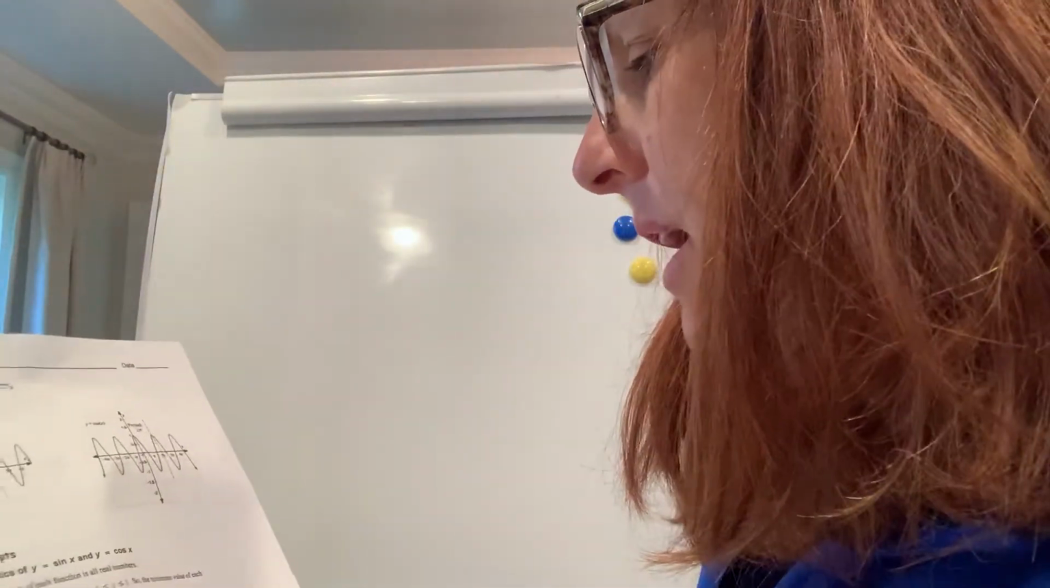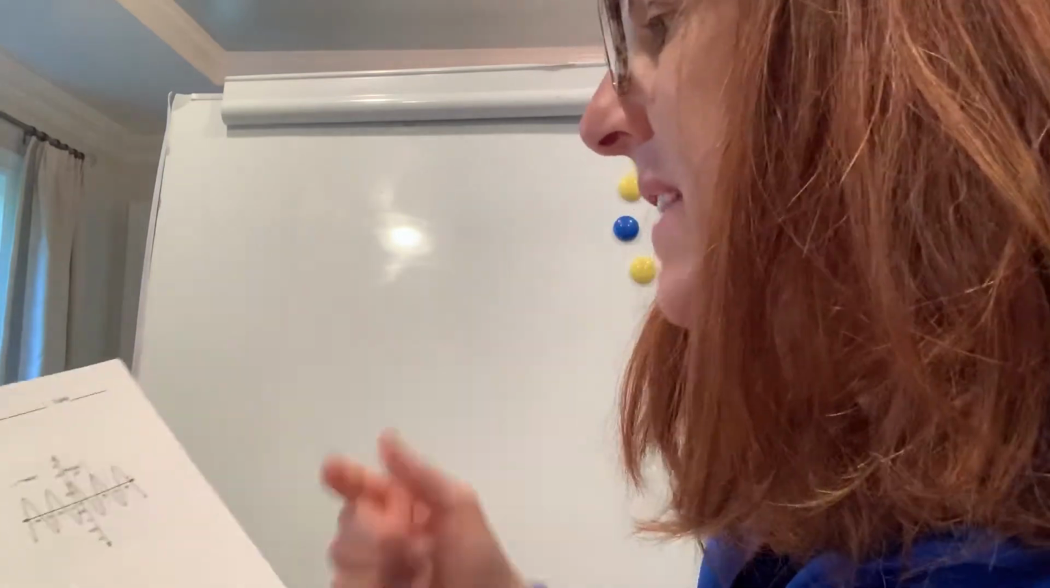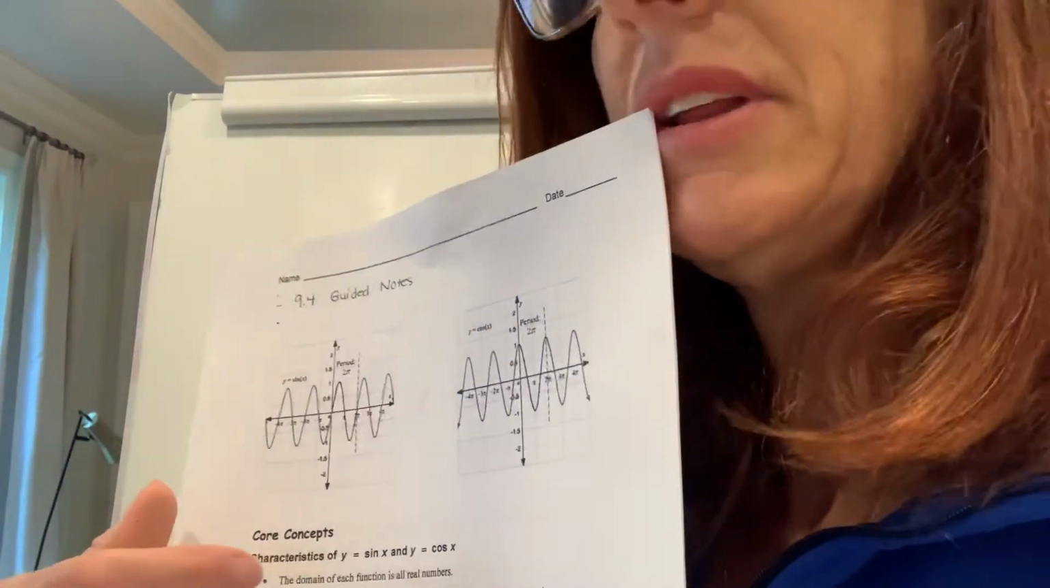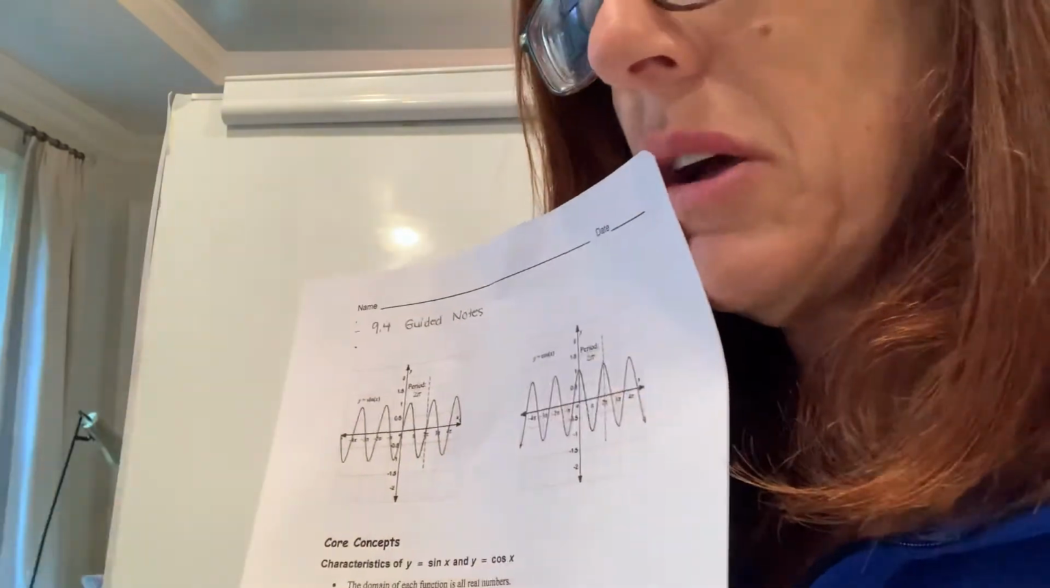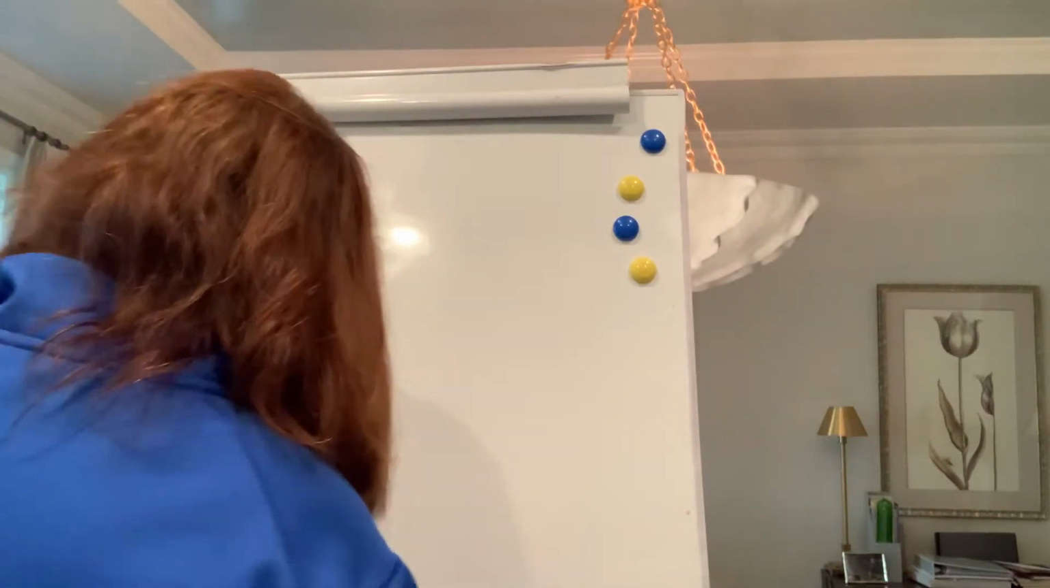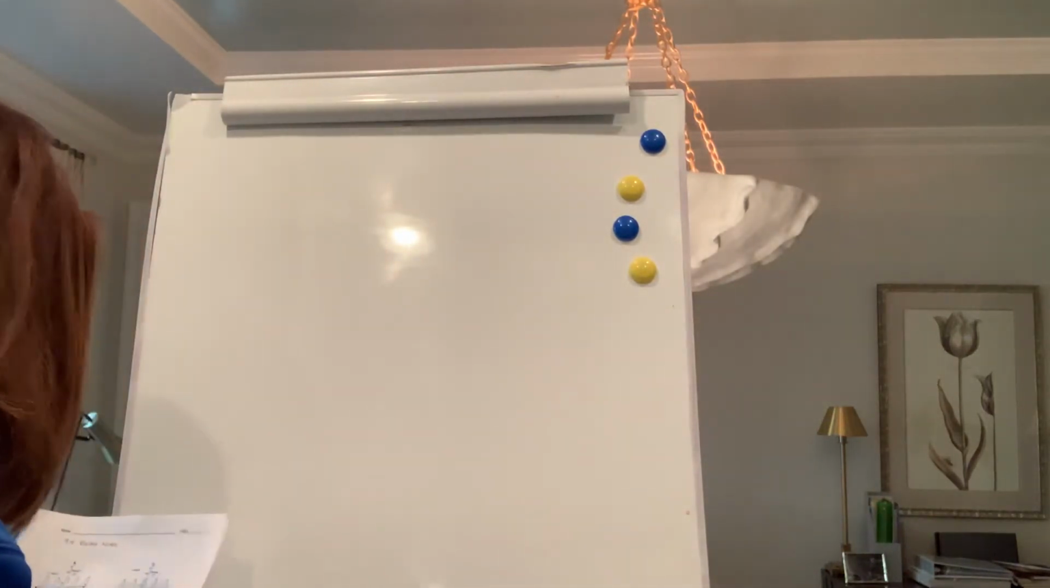All right. Its period is the length on the x-axis it takes to complete a cycle, and a cycle is one complete loop of the graph. So we're going to talk about some of these terms a little bit more. All right, so let's look at